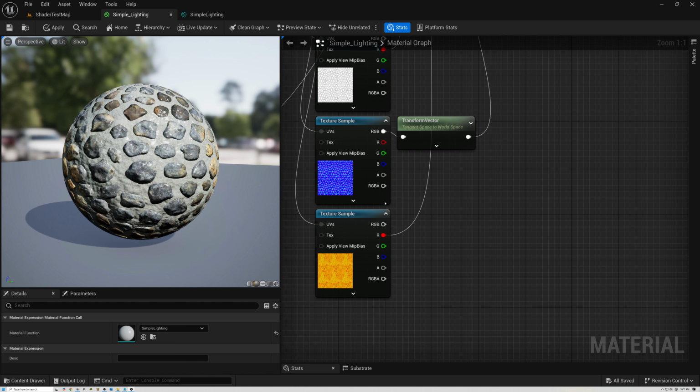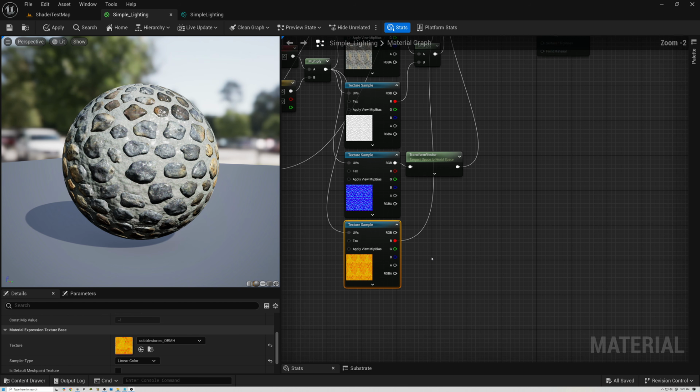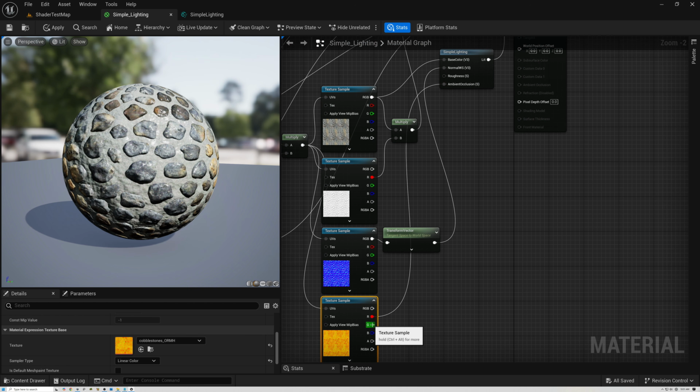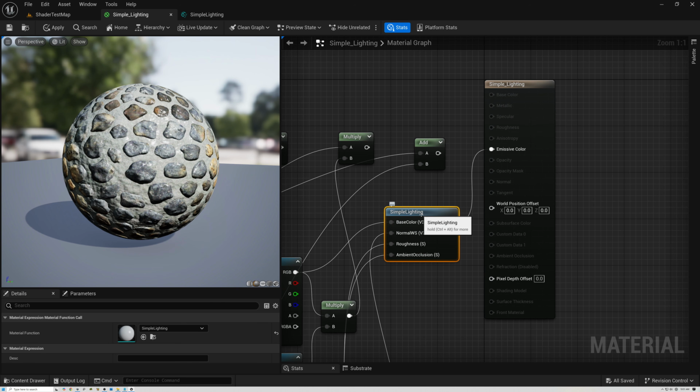And we can go ahead and connect up our roughness. If we look here, we can see that our roughness, that's what the R stands for, is in the green channel. So I'll go ahead and connect up our roughness there. So we've got our base color, we've got our normal, and we've got our masks texture, and we're using the ambient occlusion and the roughness. We're passing that into our simple lighting function, and now I need to show you how to actually use this